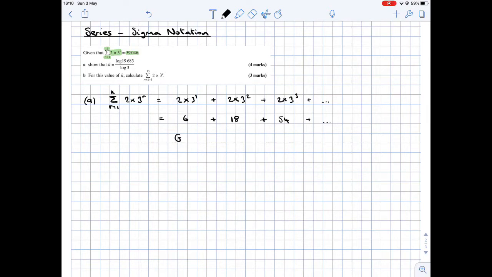However, hopefully you've spotted that this is a geometric series, and the first term is 6, and the common ratio, well, 18 divided by 6 is 3. I'm confirming that 54 divided by 18 is also 3. We know that the sum of a geometric series is a times the common ratio to the power of n minus 1 all over the common ratio minus 1. So the sum of the first k terms is equal to 6 times 3 to the power of k minus 1 over 3 minus 1, and that is equal to